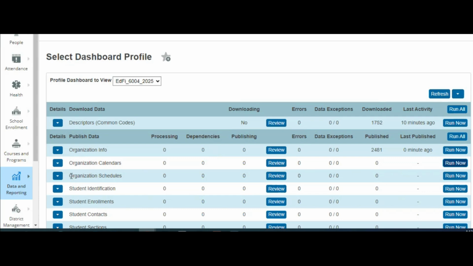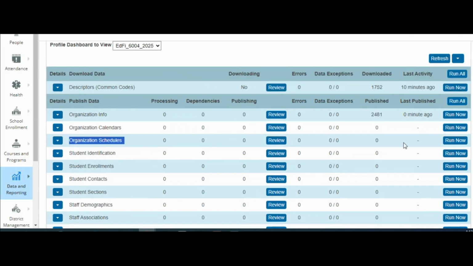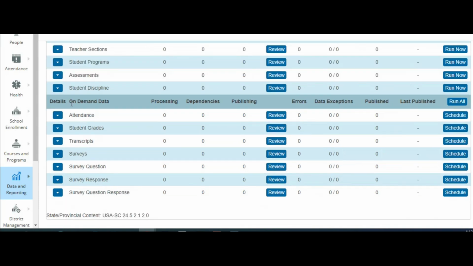Once you have a pretty clean publish for these top 3, then you can feel confident moving down and doing a publish all for each of these. Again, if you have the ability to schedule these top 3, you can take advantage of that, so that if you wanted to, you could maybe have this top one set to run every so often, and then you could come back to it.